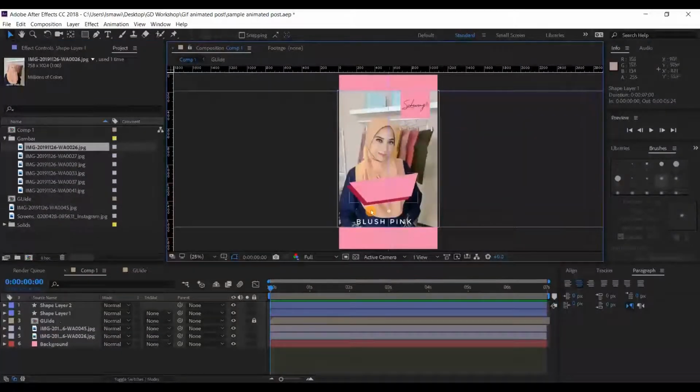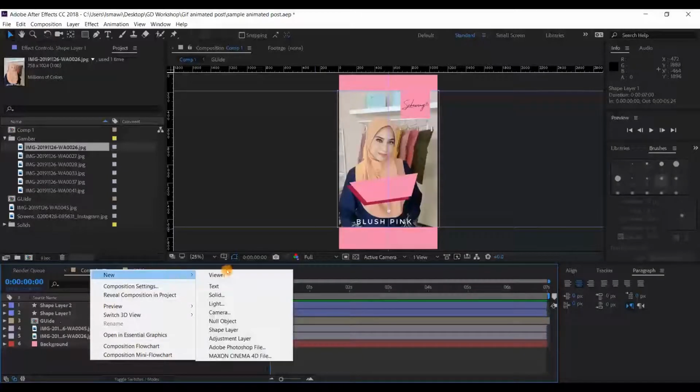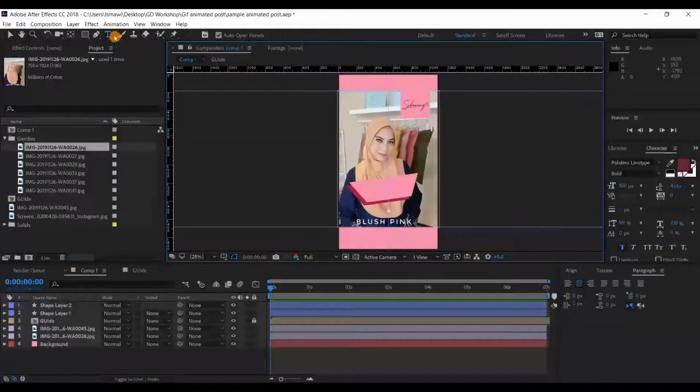To create text, it's simple. You can go back to our timeline over here, right click and select New, then Text to create a text. Or you can use our text tool here on the top menu bar to create a text.